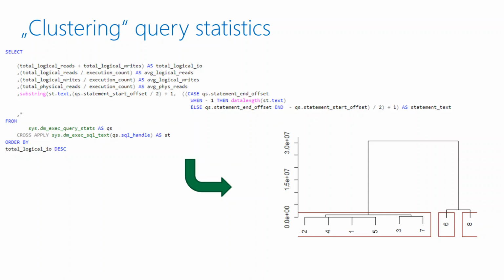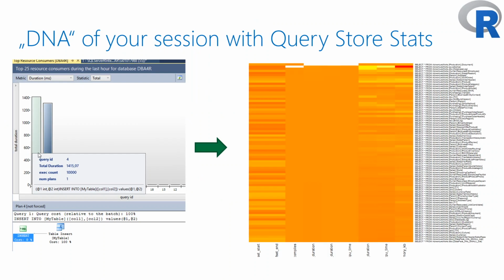Was it executed by the same person, or was there the same flaw in, let's say, the SQL statement? It can be anything, or they were using data from the same table that had poor statistics or poor indexing. So imagine all those scenarios that something like this can bring you.